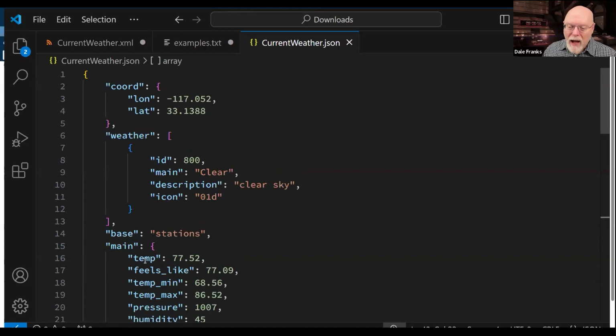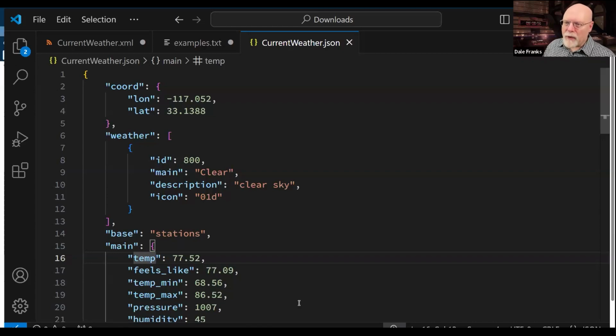Now, I'm going to assume that temp is the actual current temperature. So 77.52 degrees Fahrenheit. So that's my temp. Now, it's real easy to do this in XPath because I've got all these named nodes. But those named nodes don't exist here. Well, I mean, they do, but not all of the nodes are named. So it's going to take a little thinky pain to figure this out.